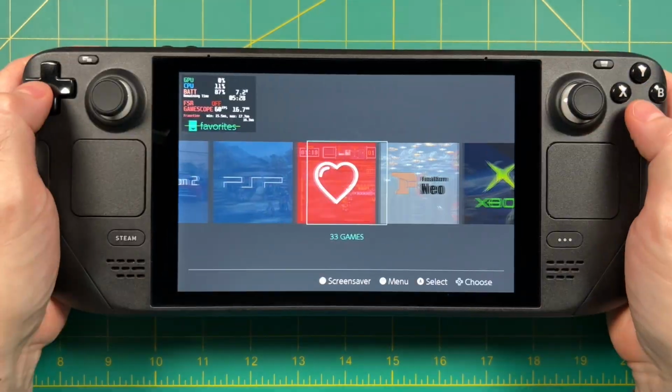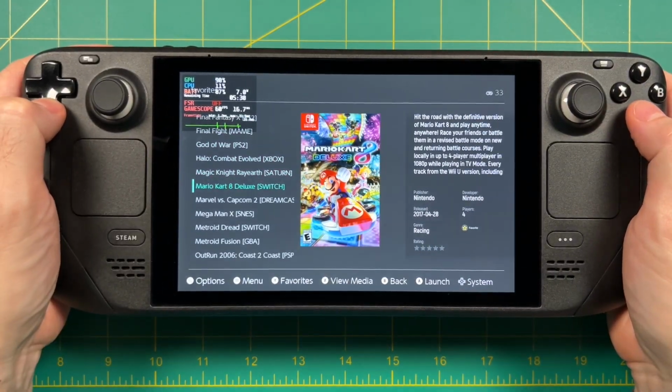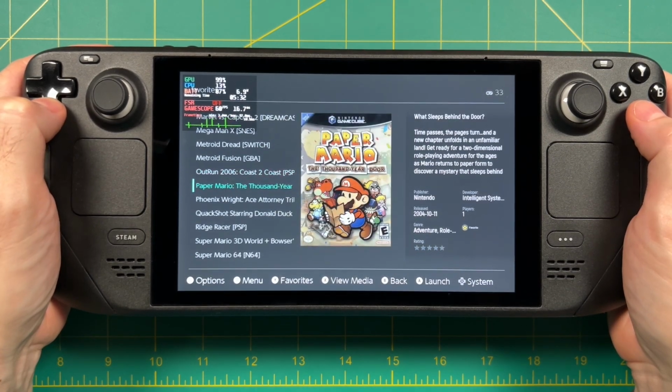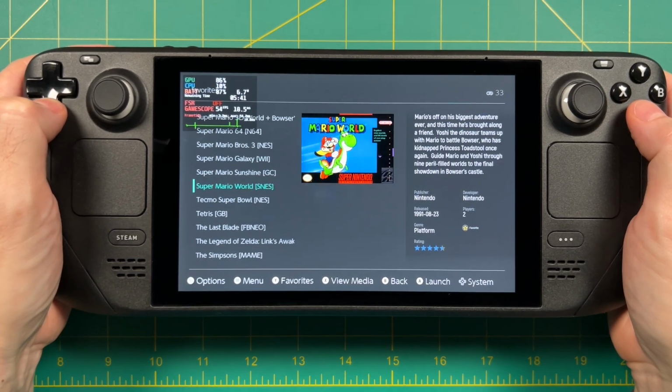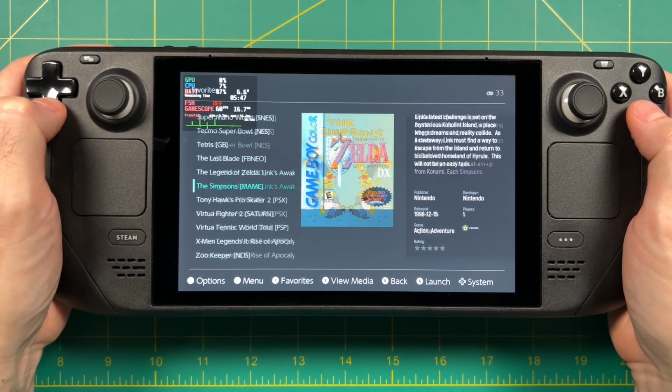And like I mentioned, going through the favorites menu is my favorite part of all of this, because it allows me to streamline down to a collection of just maybe 30 games altogether. And that allows me to prevent things like Netflix syndrome where I just sit there and scroll instead of actually